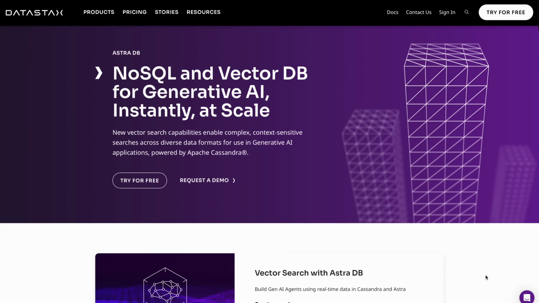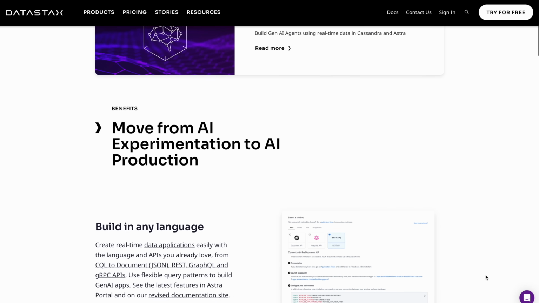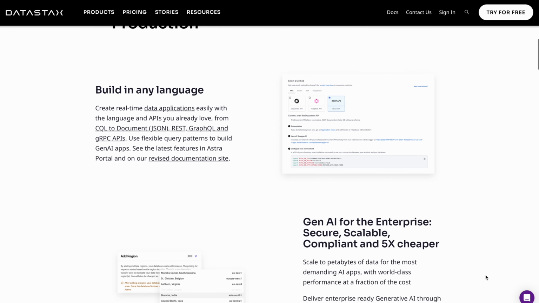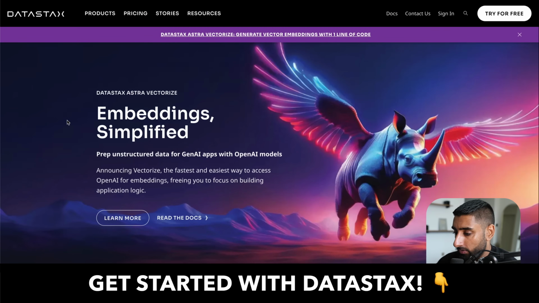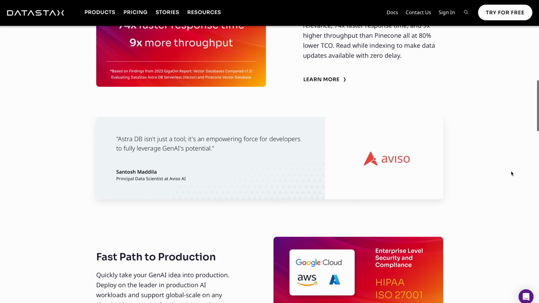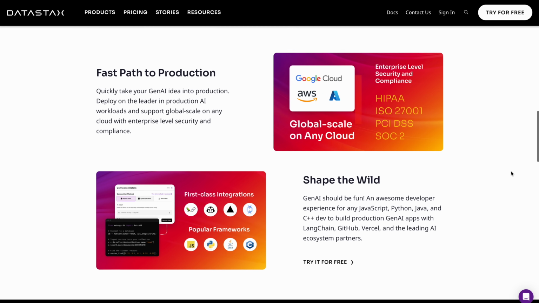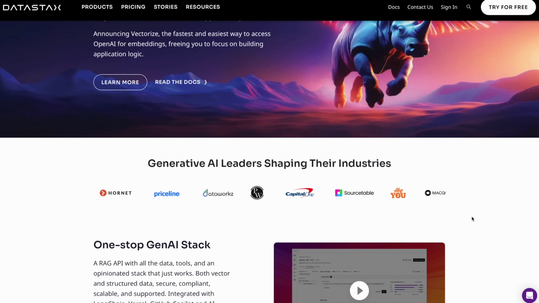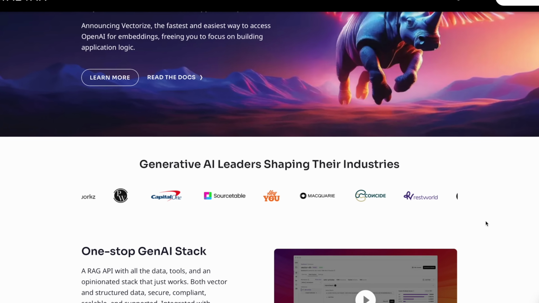So we're actually going to be using something known as Astra DB by DataStax. And this is going to be really, really important for us to go ahead and set up the architecture behind to support everything that we're trying to do. So in the description, you'll find a link to DataStax Astra DB, and you'll land on a page just like this. Now, why DataStax? With DataStax, anyone can quickly build generative AI apps on an unlimited scale on any of the most popular cloud platforms. They support Google Cloud, AWS, and even Azure. DataStax is trusted by hundreds of the world's leading companies such as Audi, Bud Financial, Capital One, and many more